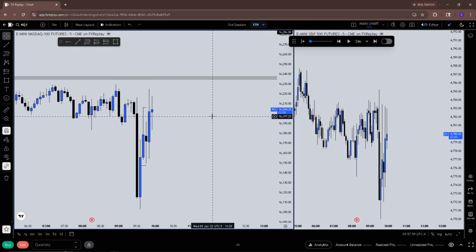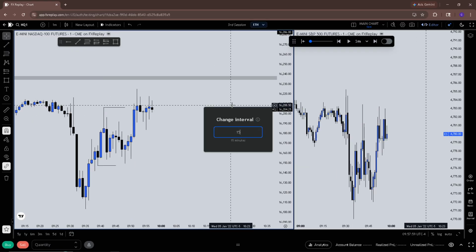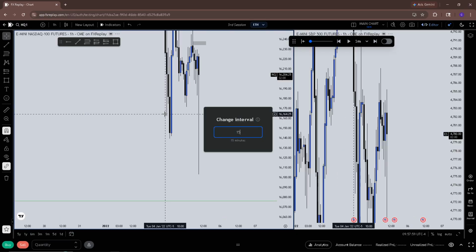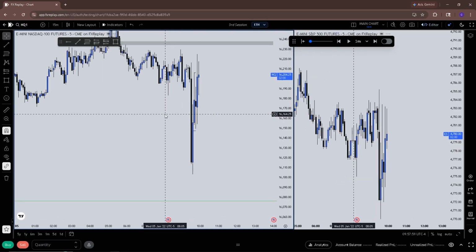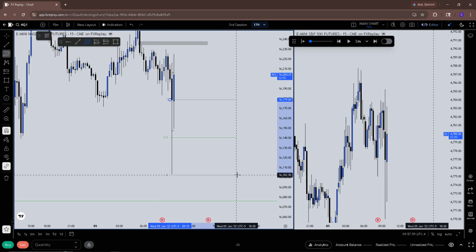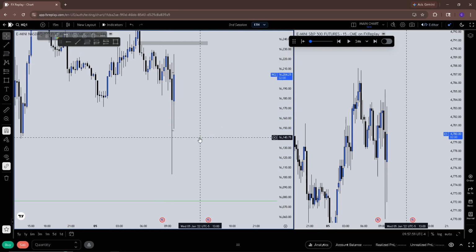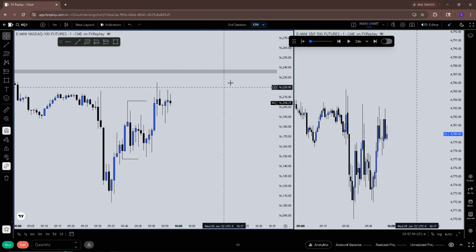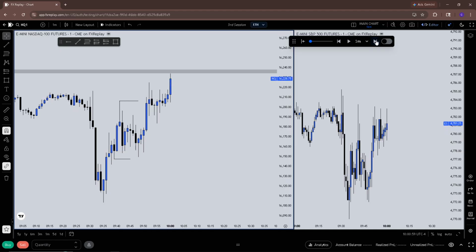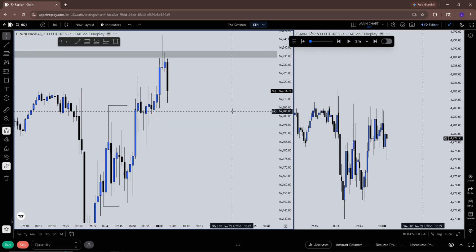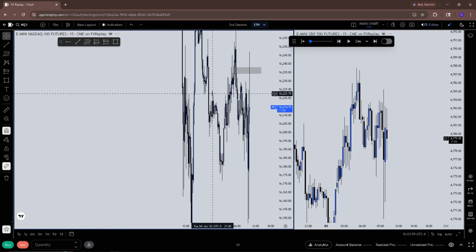What did this 5 minute do? 5 minute inverse. Alright. Oh, we do have a 15 minute that's pretty much playing like a rejection block here. Were we in CE of the rejection block? No, we weren't. But I could have seen we were playing it like it was a rejection block, so. Shorts is still kind of my bias here.